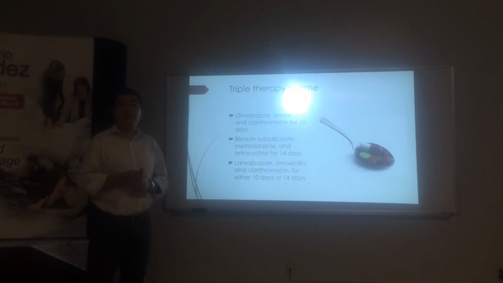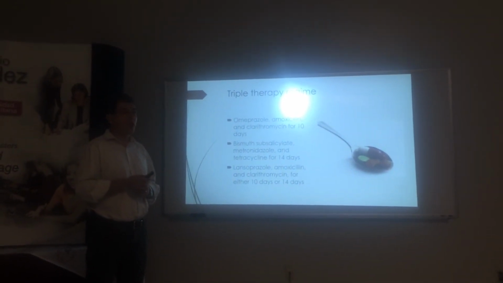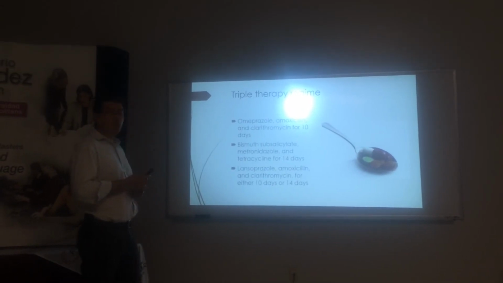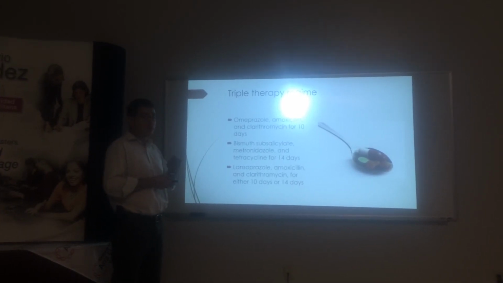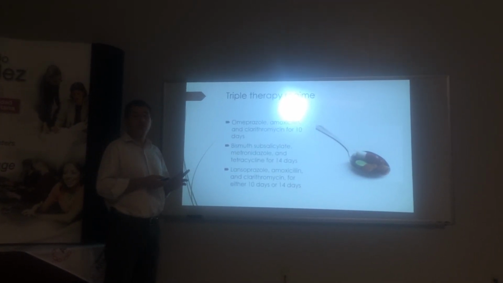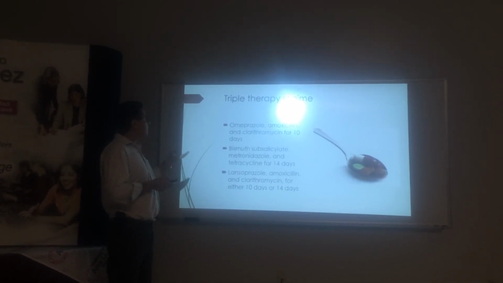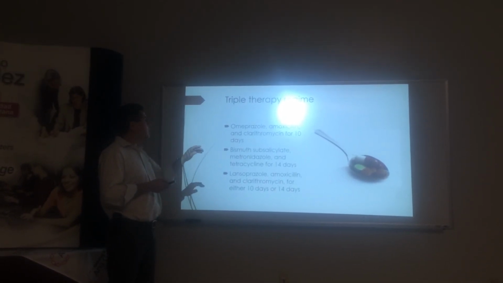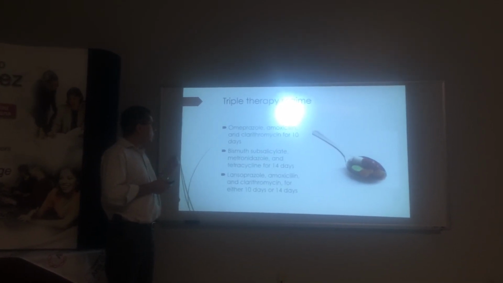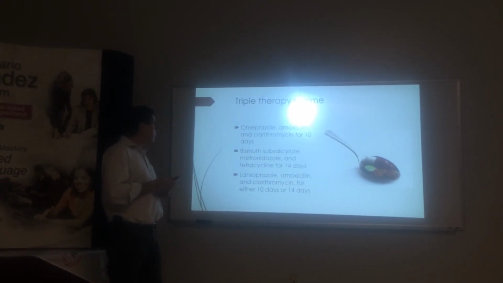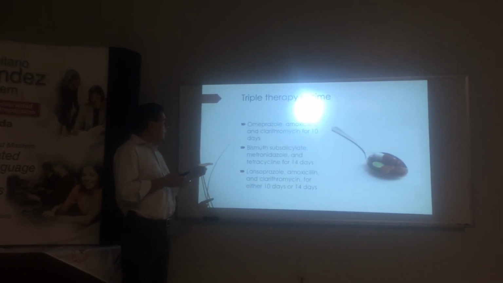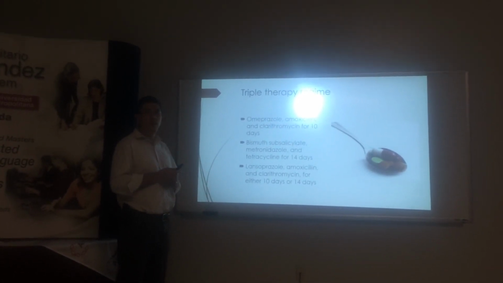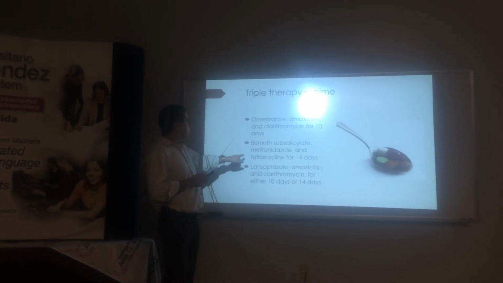To control it, they use what is called a triple therapy regime. They use something to control the acid in the stomach, to reduce it, and they use a combination of two antibiotics. As an example, they have omeprazole, amoxicillin, and clarithromycin for 10 days. They have bismuth subsalicylate, metronidazole, and tetracycline for 14 days, and lansoprazole, amoxicillin, and clarithromycin for either 10 or 14 days. This is not the first choice of